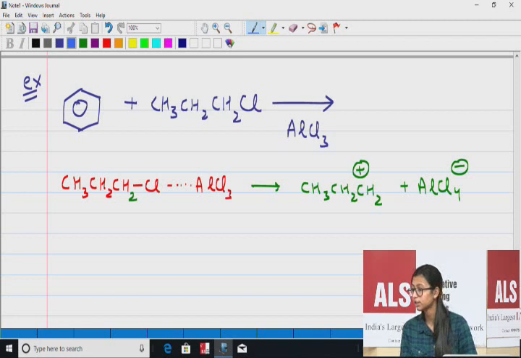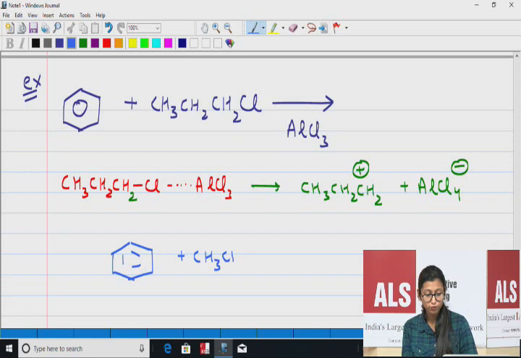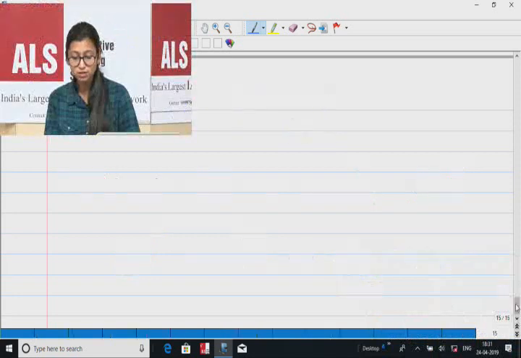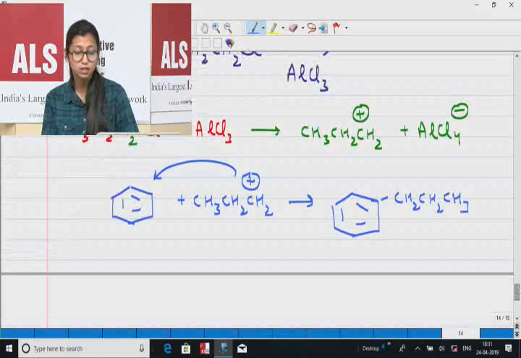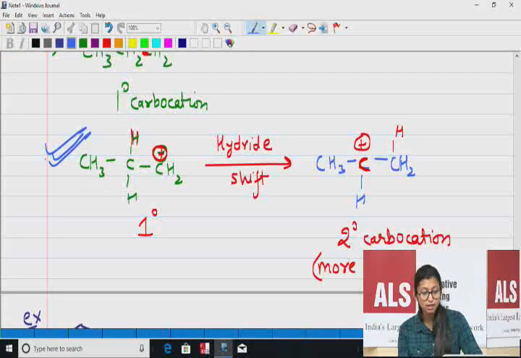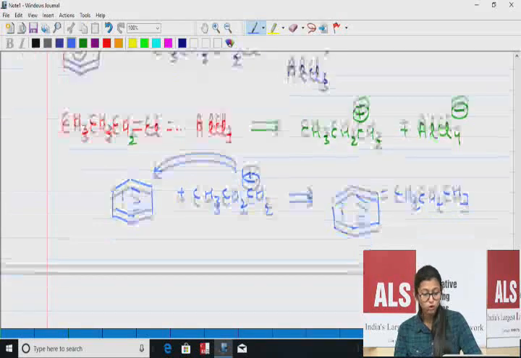Those who wrote the answer propyl benzene, just look at the screen. I hope you have done this thing: we get the electrophile, this is the positive charge, it goes and attacks, and you make this as the product. But why are you just having that propyl on the benzene? Don't you think this is the same thing which we have done above? This is the same compound, this one. So once I got this carbocation here,